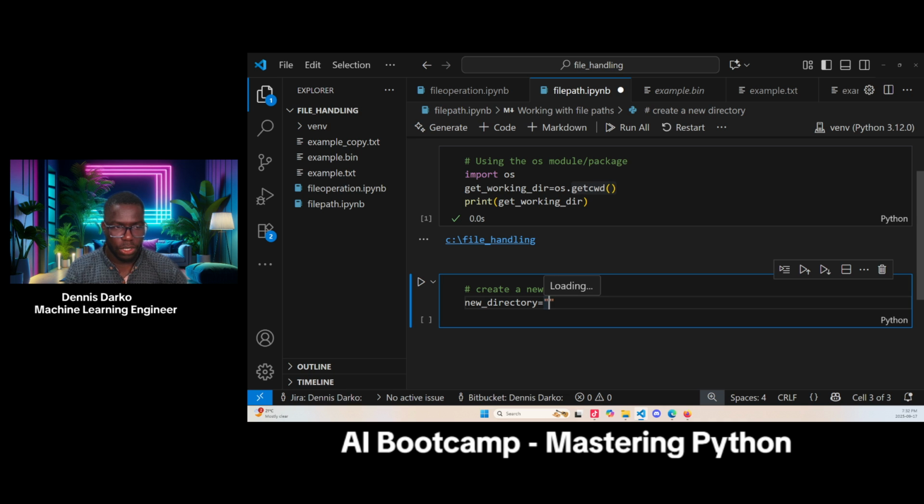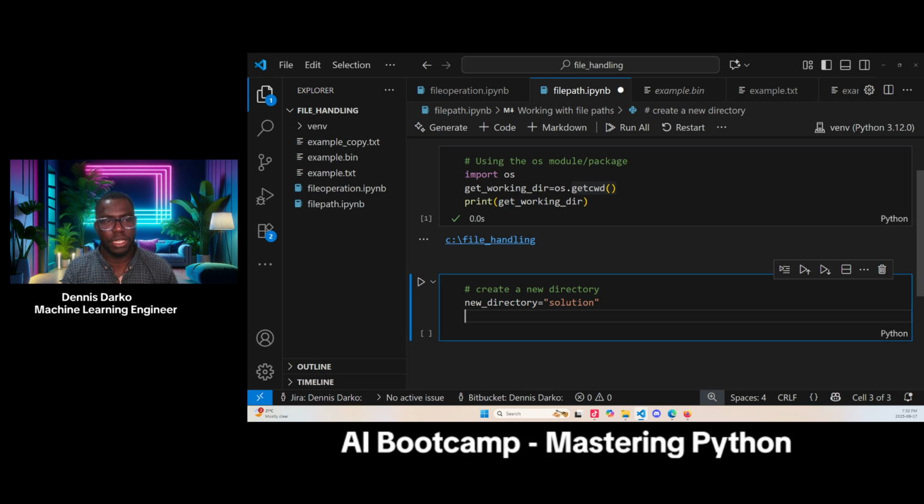Solution. Okay, so our new directory is going to be solution. Darko Lab. Okay, so let's use solution. So now with this solution, we are creating a new directory. So what will we do? So we are going to